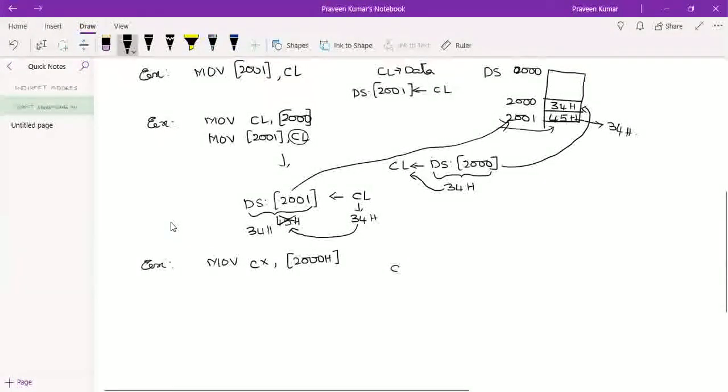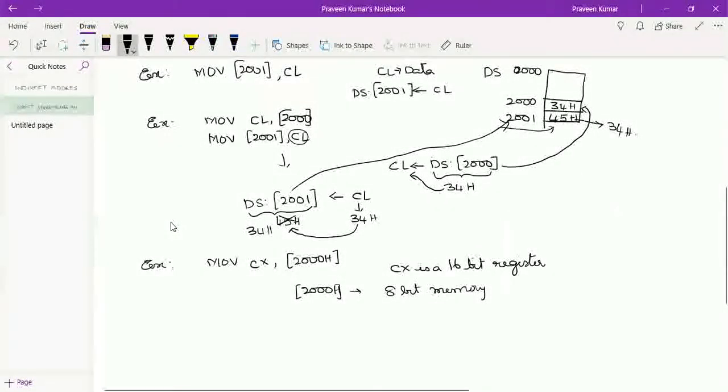The next example is: move into CX the data available from 2000H. See, CX is a 16-bit register, as we already know. The address 2000H is of 8-bit memory.